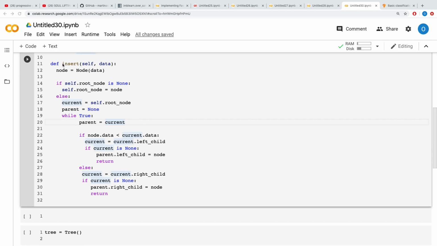So we see it in code. We want to insert this data. We wrap up this data in a class, in an object called node. The reference is node. So the first thing we do is